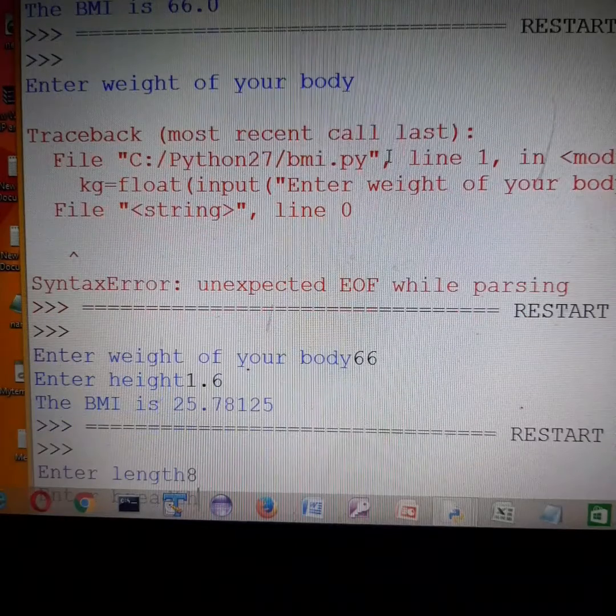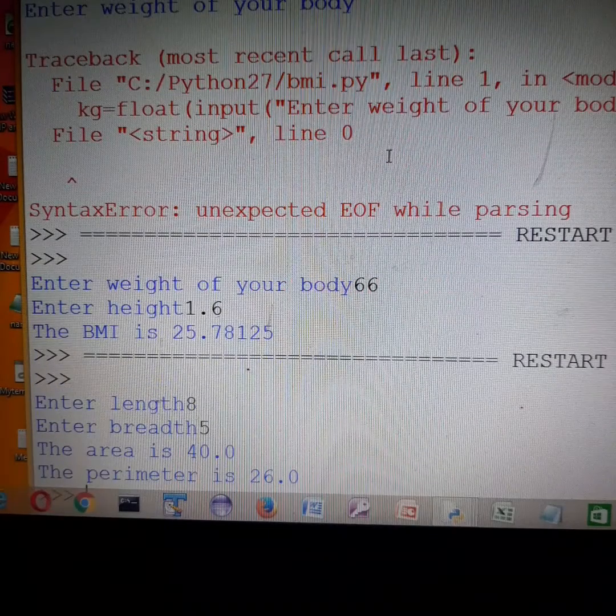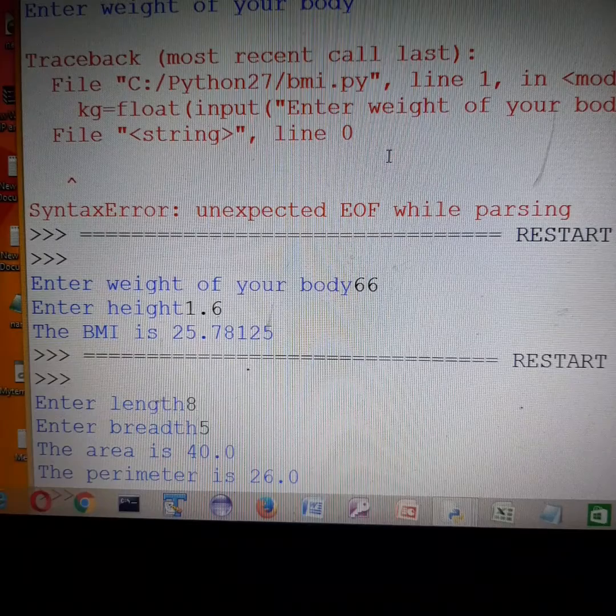Here 8 and the other is 5, and the area is 40 and perimeter is 26.